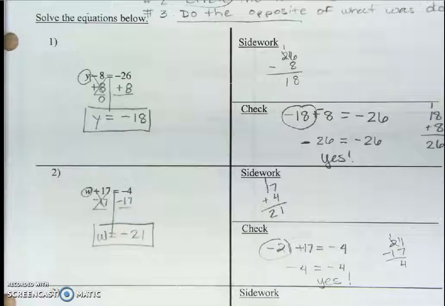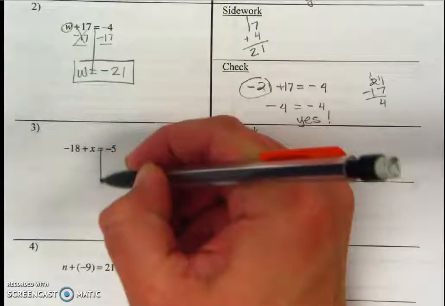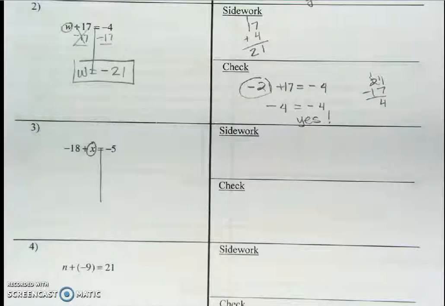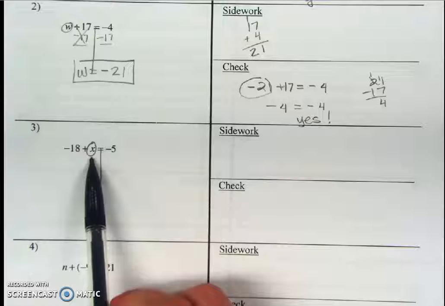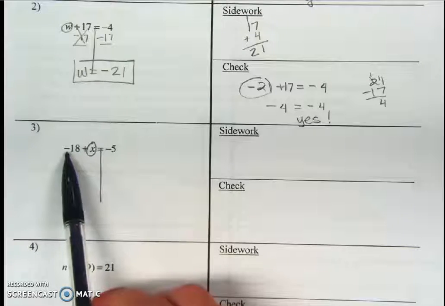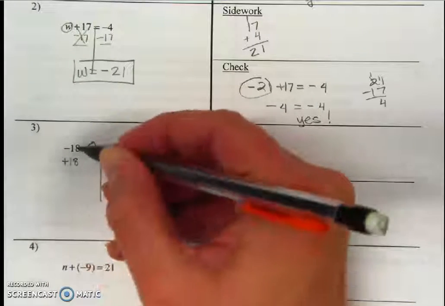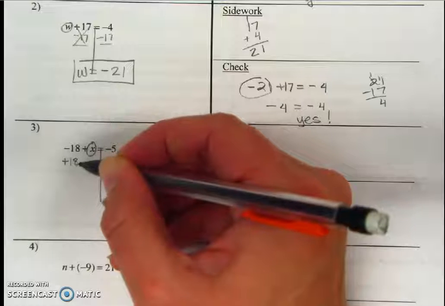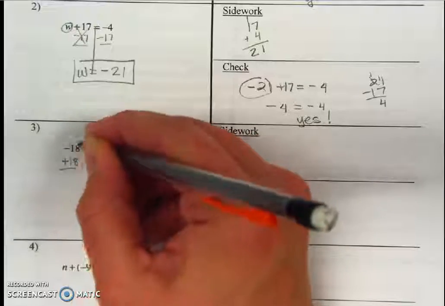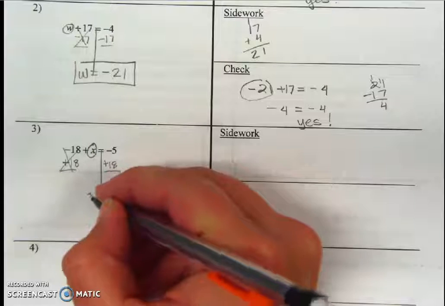All right, let's try it again. Number 3. This is all we're doing today, so let's just get some practice. We're going to draw the line. Circle the variable. So here the variable is x. I'm going to look over here and see what do I have to do to get rid of a -18. Well, the opposite of -18 is a +18. That's what would make that equal 0. So I'm going to add 18 to both sides, +18. Here it cancels out to 0, which is what we wanted to have happen,